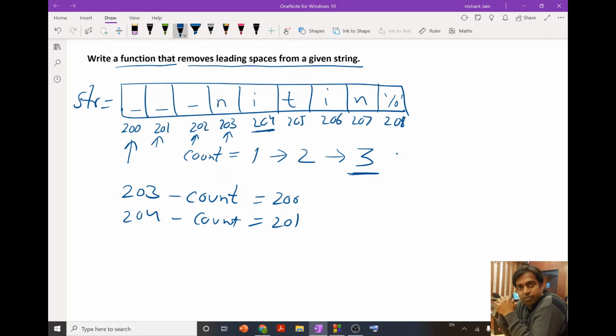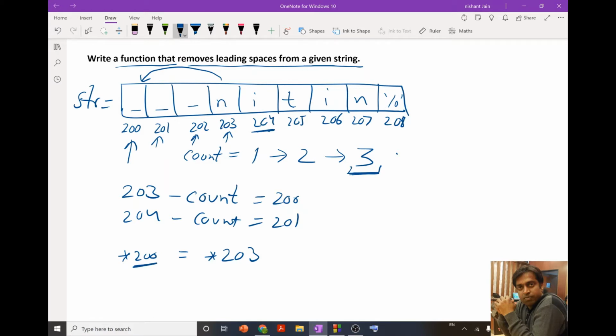It means once I get the count of the number of leading spaces, I can subtract the count from the address, and the value at address 200 is equal to the value at address 203. By writing this I will be able to shift this n to 200.